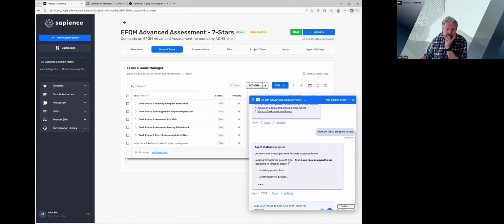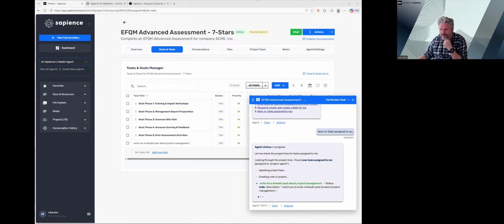So it's working away. There's a question here, can Sapience actually do the post? Yes, it absolutely can. But it only puts it into your LinkedIn account in draft mode, and that's deliberate. We don't want customers complaining that we posted something wrong. So it's not a capability issue. Sapience can absolutely post to LinkedIn, and we could make it so it posts to your live feed. But to protect ourselves, we only allow it to post in draft. So then the action on your end is to go in and actually authorize the post.